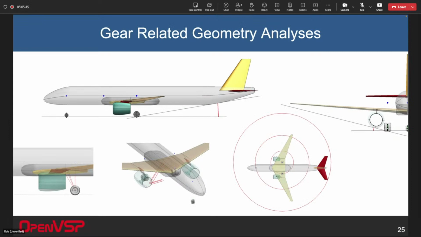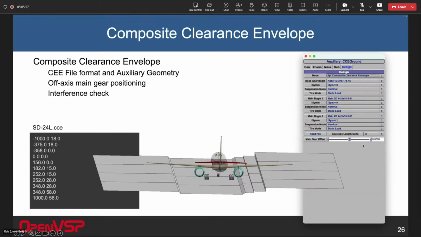As I talked about earlier, there's a whole bunch of gear-related geometry analyses. We've got our tail strike angle, our CG tip back angle, our tip over angle, our ground maneuverability, our roll strike angle, and then, less familiar to people maybe, the composite clearance envelope. If you want to specify the envelope that you're interested in, that's a special separate text file